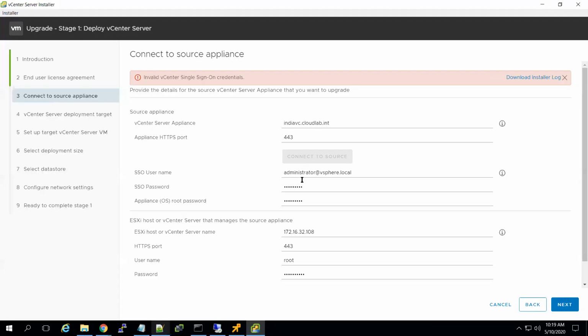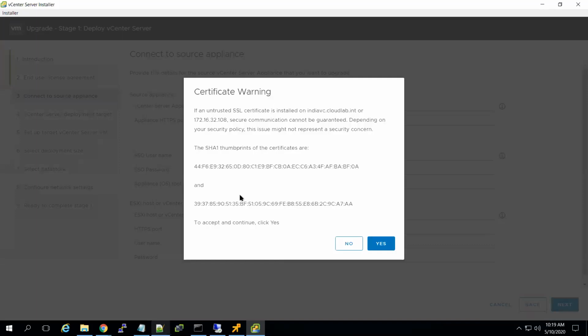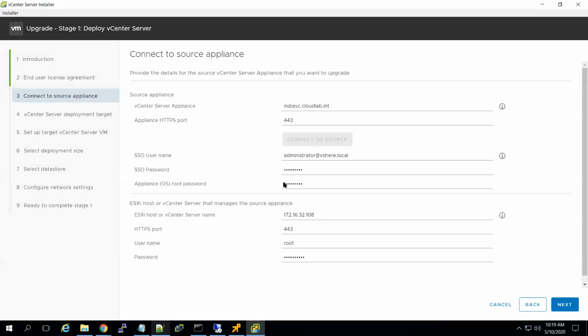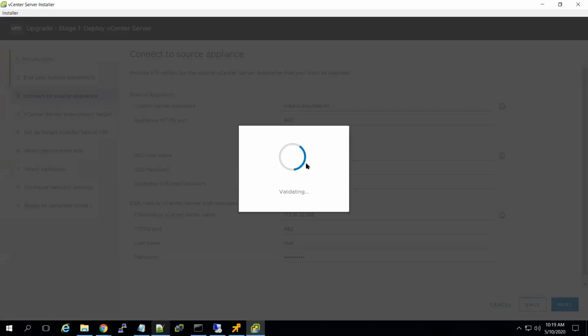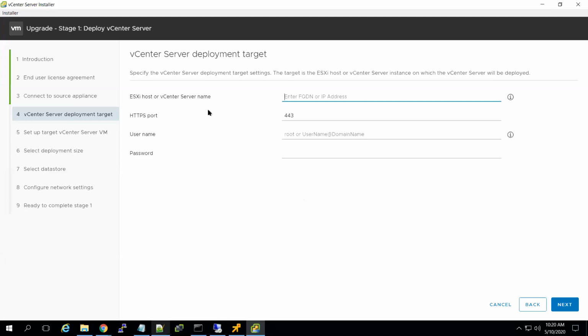Validating all the credentials. So invalid SSO credential. Okay, so there is a mistake. In my case, P is missing. So click on next. Yes. Once your SSO credential is verified or validated, you will get the next step. Now,